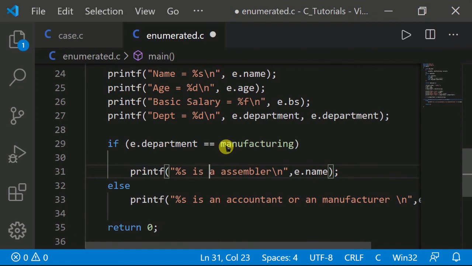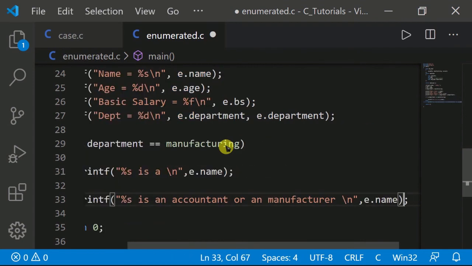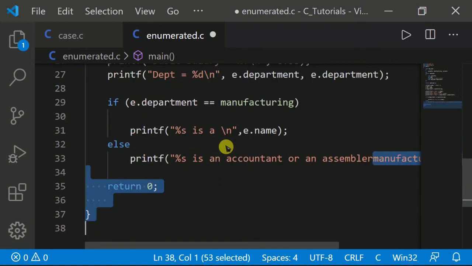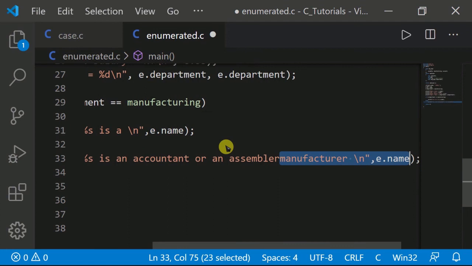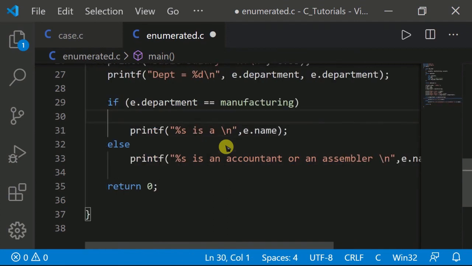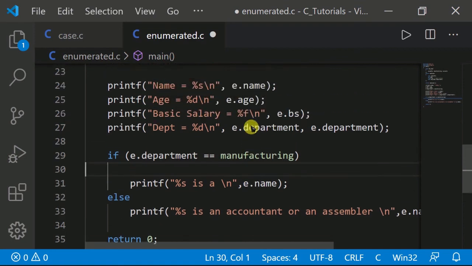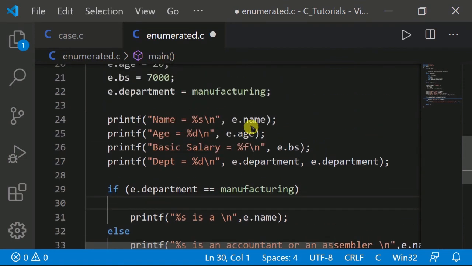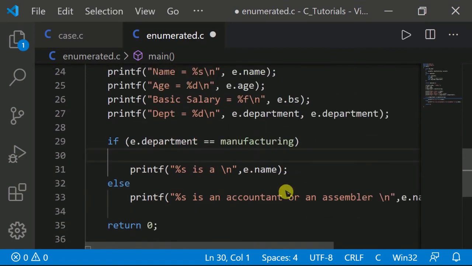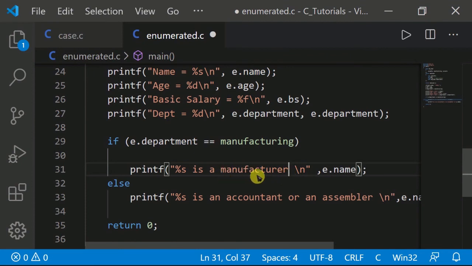Okay, wait, control X. Now let's print manufacturing here. This is a manufacturer.